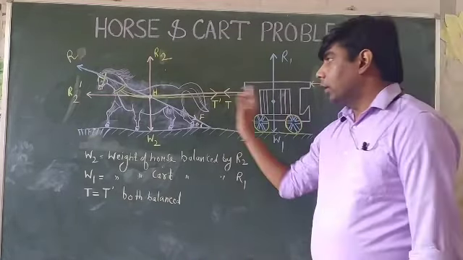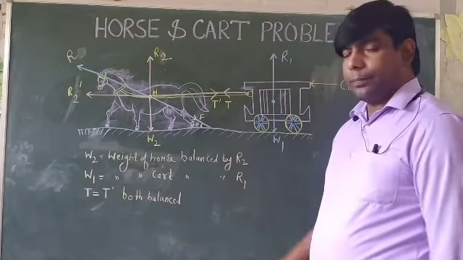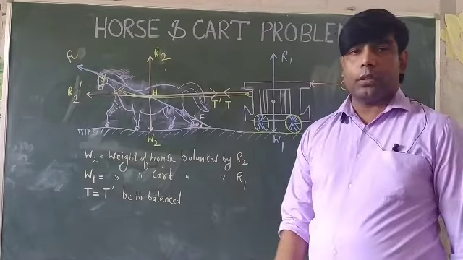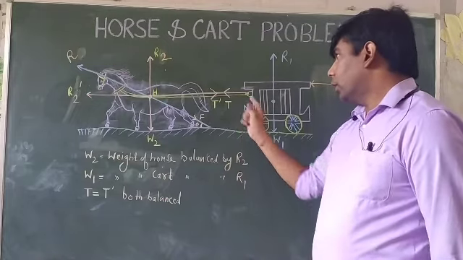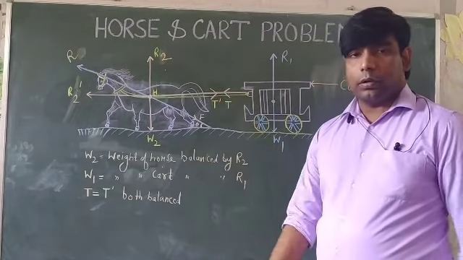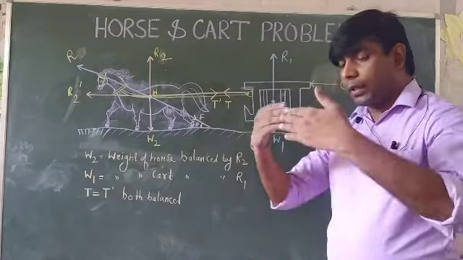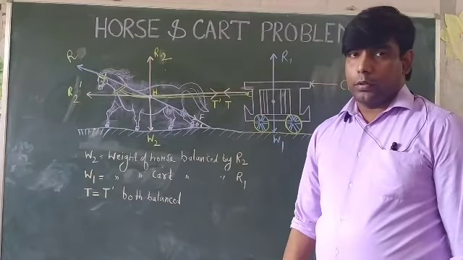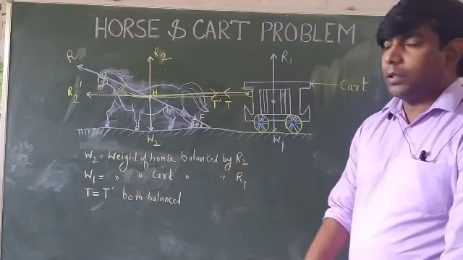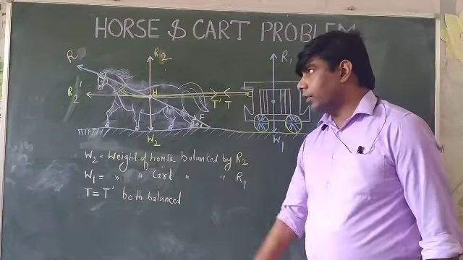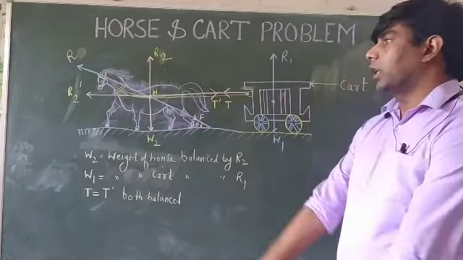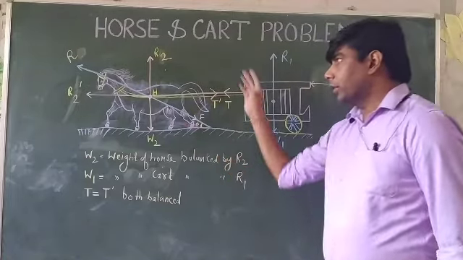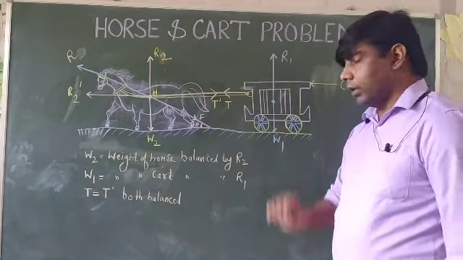See what is happening. The horse is applying a force, the action. The same force is applied by the cart on the horse. So both are equal, they cancel out. Since both are equal, they are balanced, right? So the cart must not move. So on what basis is the horse able to pull the cart? We have taken the example of a system comprising the horse and cart.